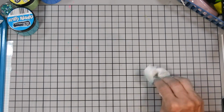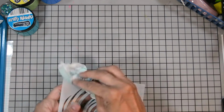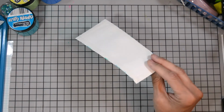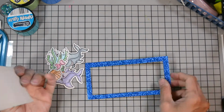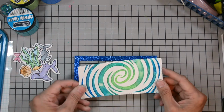You could also have a nice bucket of warm water in your craft room if you like, and you can put them in there. I try not to have too much water in my craft room, just a thing. Okay, so I did a panel ahead of time, so that's all dry, and I have it ready to go, so we can continue with our card. The other panel that we worked on screen together, I will save for a different